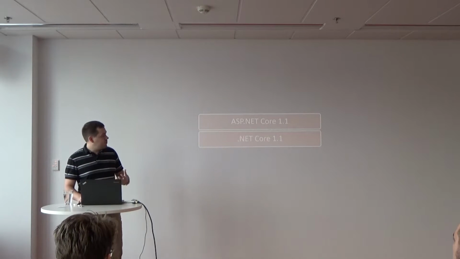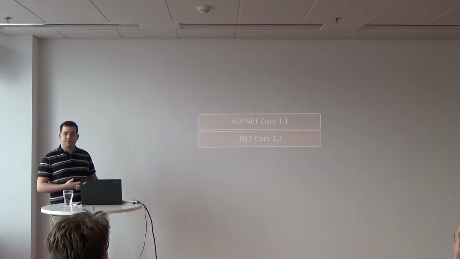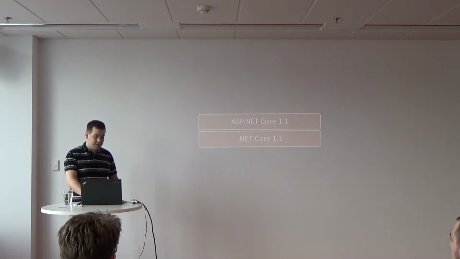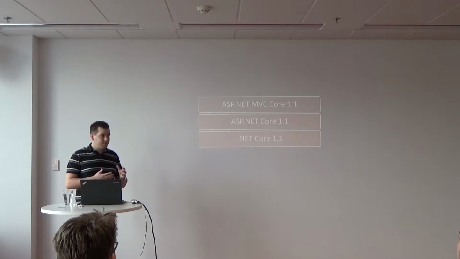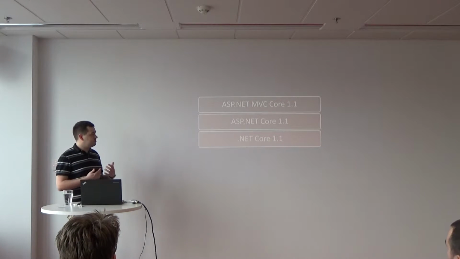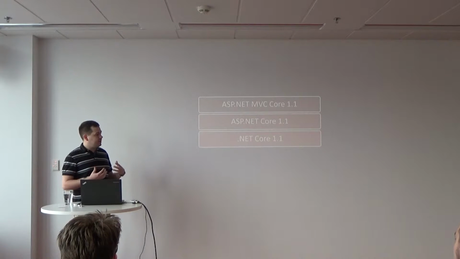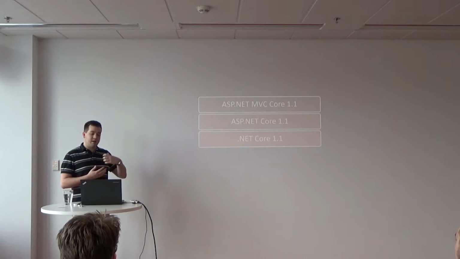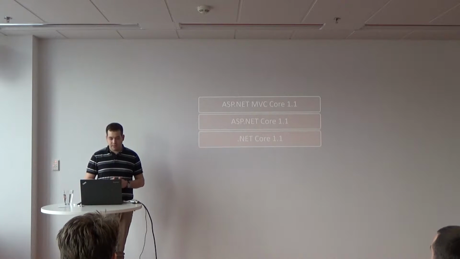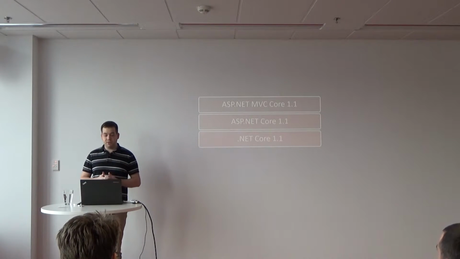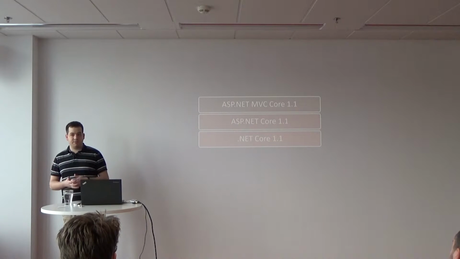On top of .NET Core, you can use ASP.NET Core, which is an abstraction on some web servers, and you probably don't want to do just some simple thing like receive a request and answer with something. So you can probably use, or you don't need to, but you can use, ASP.NET MVC Core 1.1. It was called before ASP.NET MVC 6, but it was renamed to ASP.NET MVC Core 1, and right now there is version 1.1.